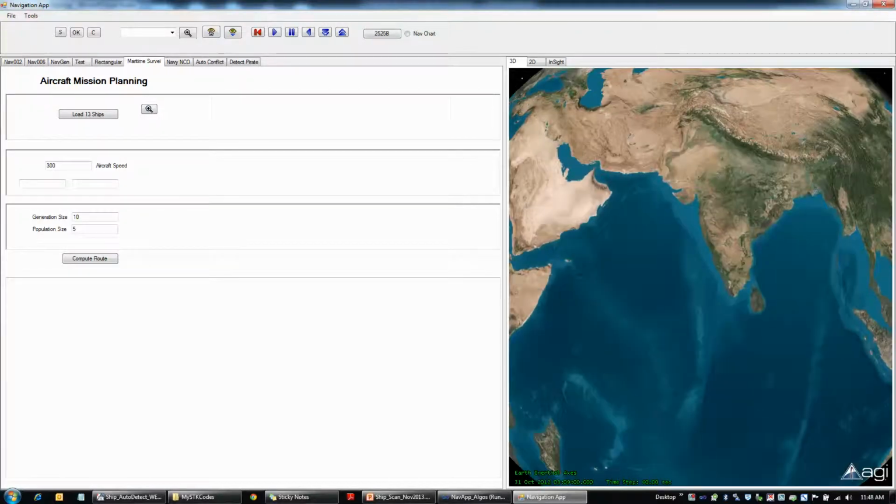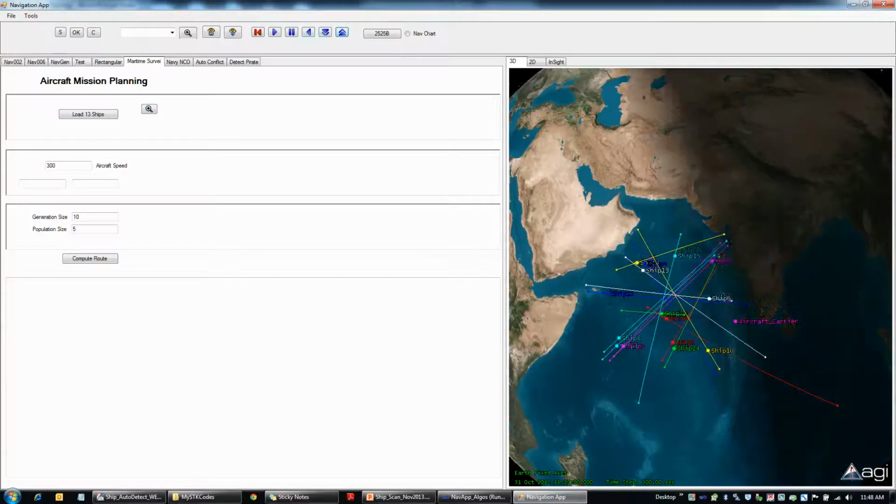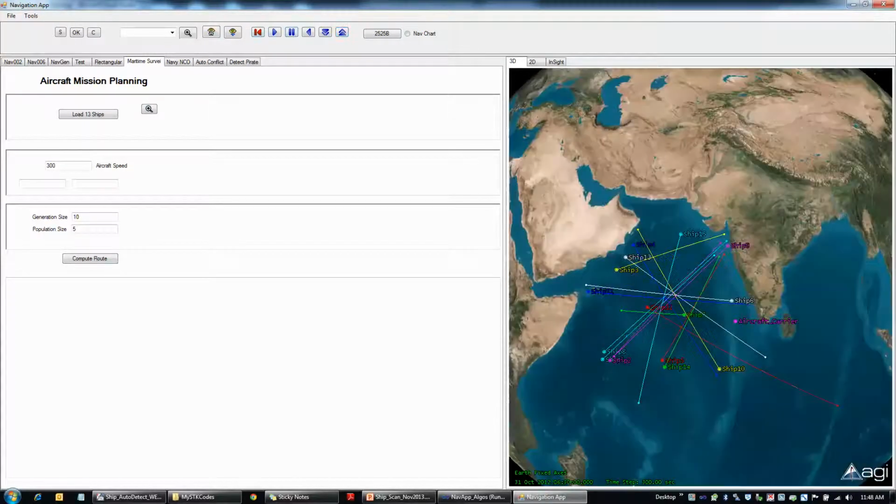So basically in this one, just to demonstrate how you can track some moving ships, you first click on load the ship. So you can see random ships moving, and when I animate, you can see all the ships moving by. Here our objective is to launch an aircraft from this aircraft carrier and go and intercept each ship. Since all these ships are moving, you have to find an intersection route. I have some algorithms already written for it.